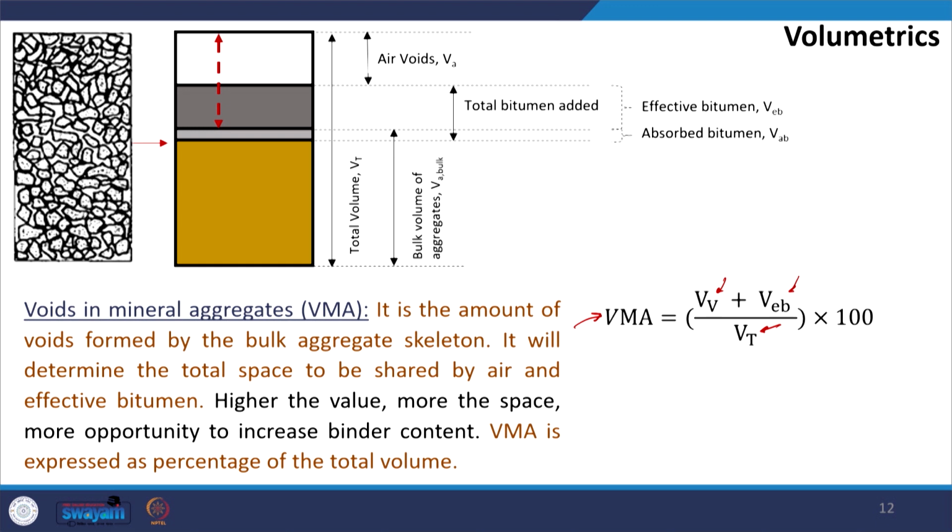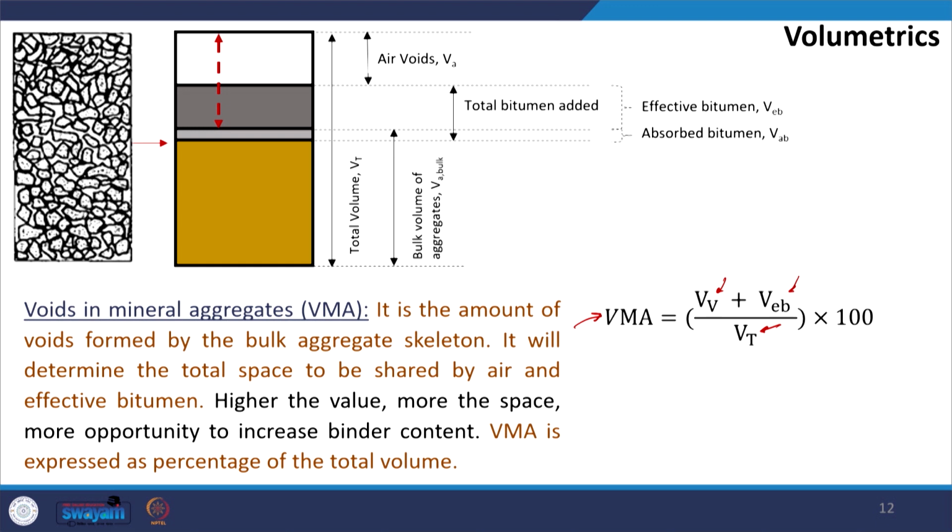But if you look at this definition, in the numerator and in the denominator we have volumes, but as I said, we cannot measure the volume in the laboratory. We can only measure the specific gravity, or we can measure the weight, which means using only this definition in terms of volume is not sufficient to calculate the VMA. So, we have to